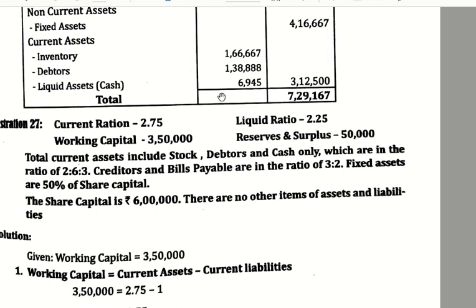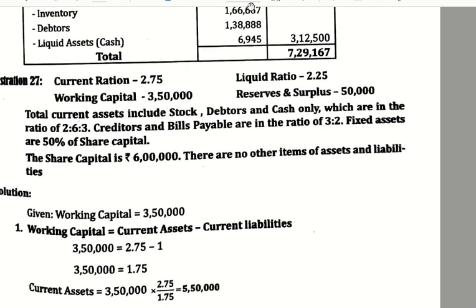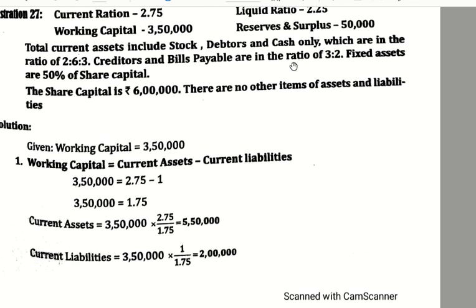Debtors is 1,38,888. Liquid asset, which is a balancing figure, which is nothing but our cash, is 6,945. We got our total to be 3,12,500. So our total of assets and liabilities is 7,29,167. So our next question, current ratio they have given, working capital ratio they have given, liquid ratio, reserves and